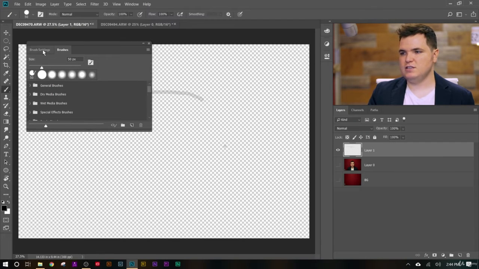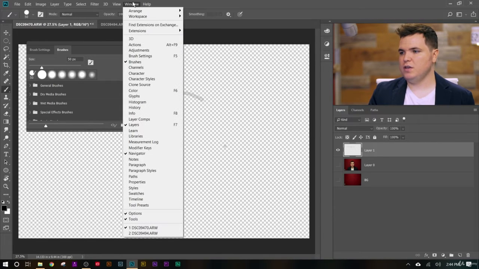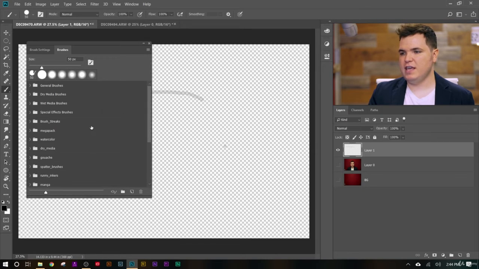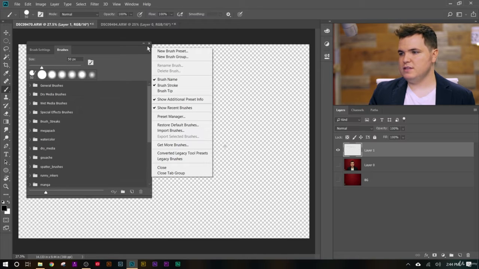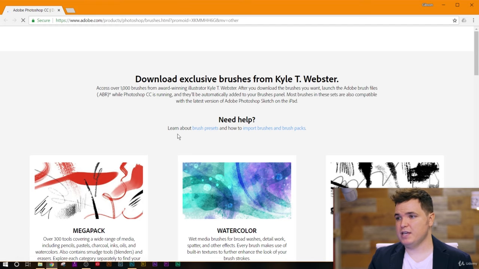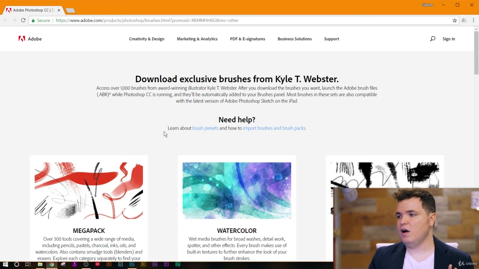I'm not on brush settings, I'm on brushes. If that's not open over here, you can go to window, brushes, and open this up. You'll see all the brushes that you already have on your computer. And if you'd like more, go to this little icon here, which opens up a menu. Go to get more brushes, and it will take you to Adobe's website, where you can download all of these